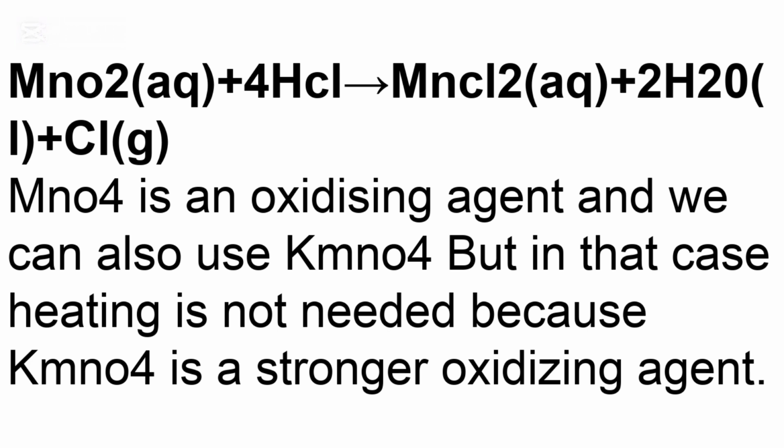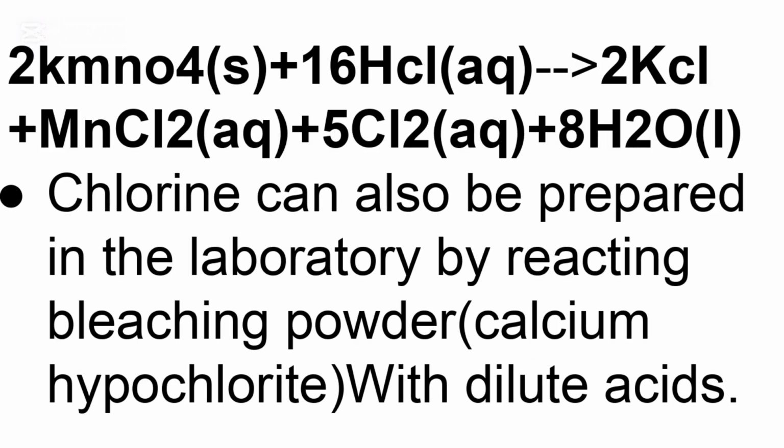Note, we can either use manganese(IV) oxide or we can use potassium manganate(VII). But whenever we use potassium manganate(VII), we do not heat, because it is a stronger oxidizing agent. So the equation for the reaction whenever you use potassium manganate(VII) is as follows. 2 potassium manganate(VII) reacting with 16 hydrochloric acid to form 2 potassium chloride, 2 manganese chloride, and 5 chlorine and